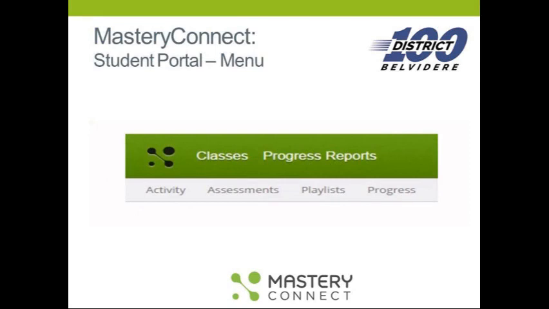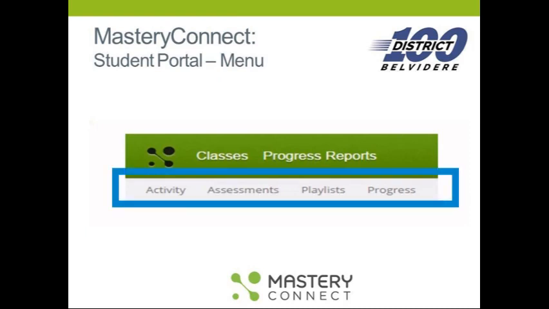The next slide is going to show what the student portal looks like. Students have access to Mastery Connect, and they have a few more options than parents. This is the menu a student sees. Students can see things teachers have had them work on in Mastery Connect under the activity heading. They can also view their assessment results in their student portal. Teachers can make a playlist of activities for students that are website links, printable pages, or other resources that go along with the standards. Students can also see the same progress screen that you see by clicking on Progress in their menu.